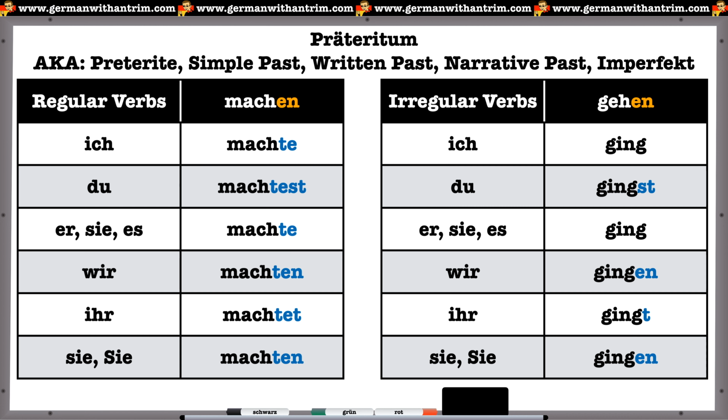Irregular verbs will have a stem change of some sort, and therefore we have here just some weird stem, and that's the form that we'll use for ich and sie es. The other endings will then come into play for the du, wir, ihr, and sie forms with the same endings that we had in the present tense, so st, en, and t. The full conjugation of gehen in this tense, for instance, would be ich ging, du gingst, sie es ging, wir gingen, ihr gingt, sie gingen.